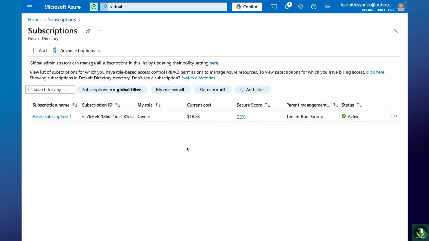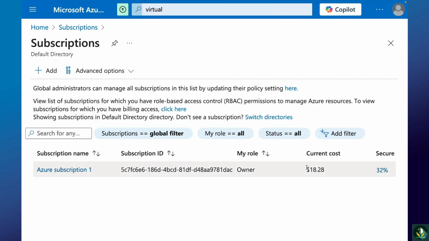As you can see, let me make it larger, I've got a current cost of $18.28, which will be covered with this $200 included in one month. So this $200 is the sum just for one month. After this period, you'll get 11 more months covered with the Azure free subscription and the resources included in this subscription. Now, in any case, whether you have a free subscription or a pay-as-you-go subscription, you'll need to control the money spent